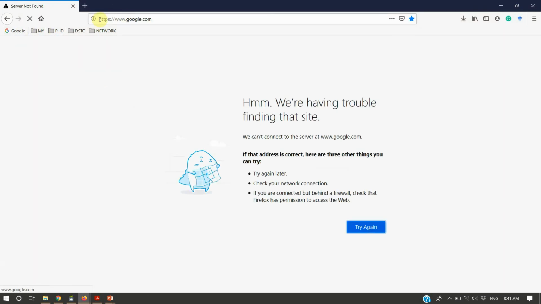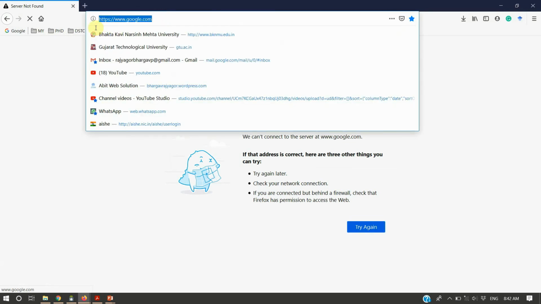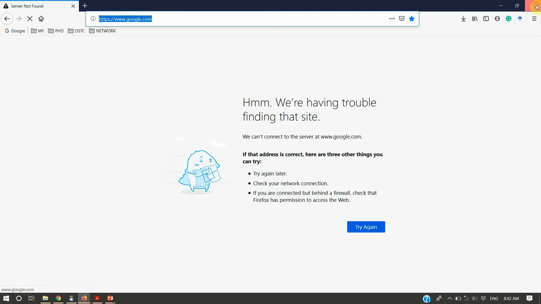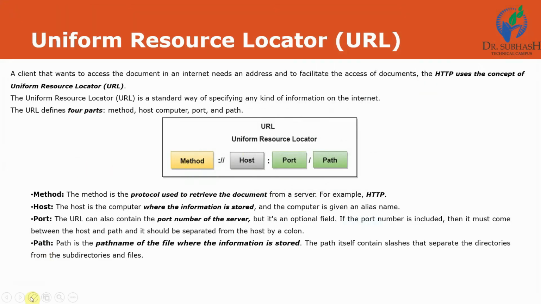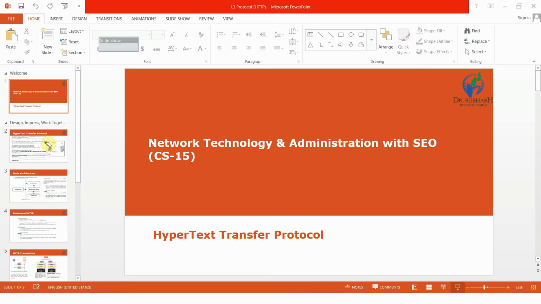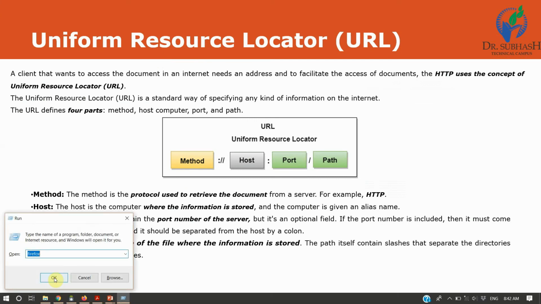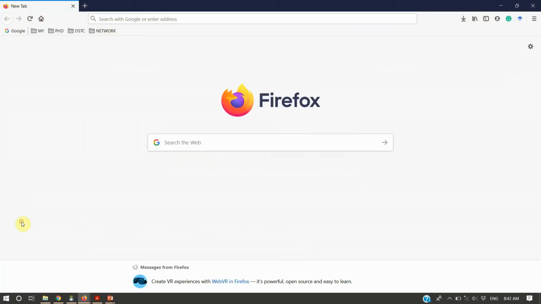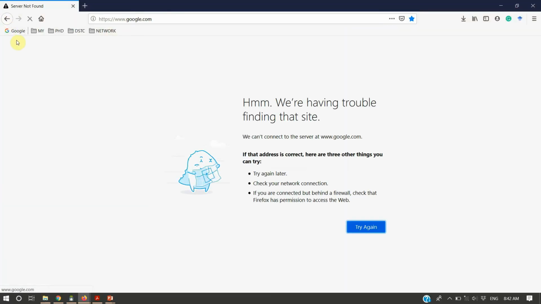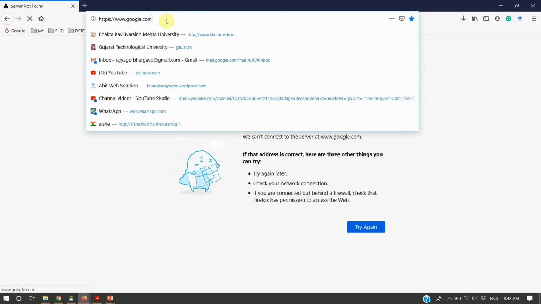See here, https colon slash slash www dot google dot com. Https, that is our protocol, right? This is the URL.